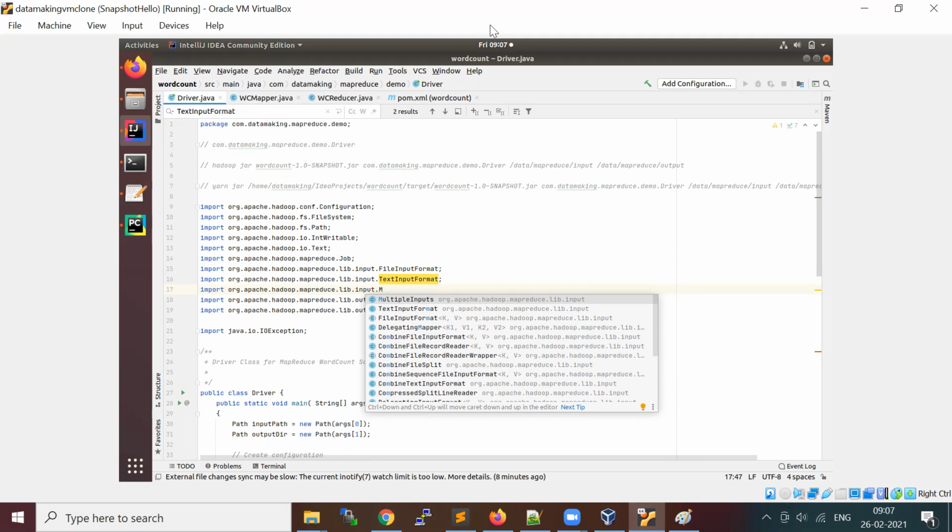In MapReduce, there are no libraries available to read an Excel file. Basically, you can do a join between two data sets if they are in text input format or other supported file formats, but not with Excel.